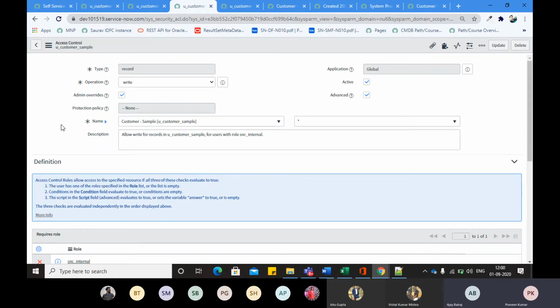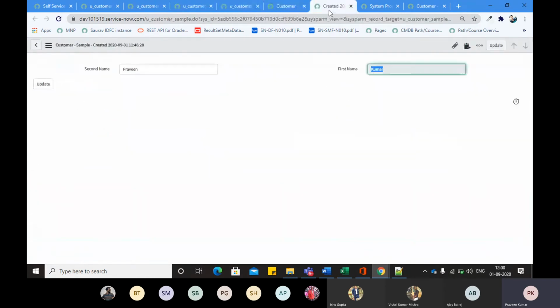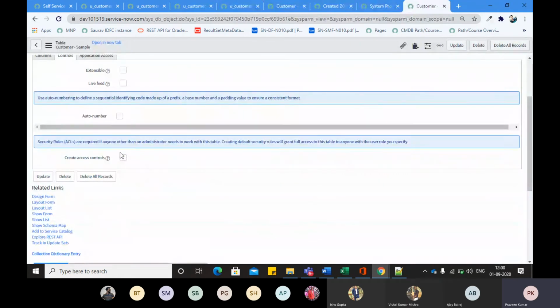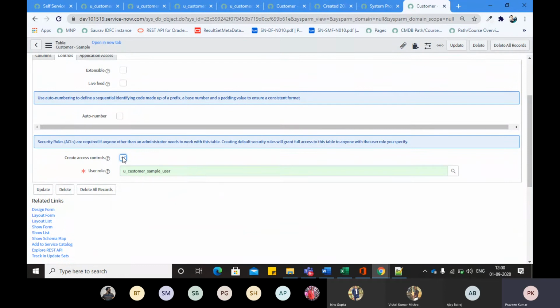So guys, for each and everything you may have to create 6 to 8 ACLs, and the starting 4 ACLs are default ACLs. You can test it on your instance as well. If you go to the table record and click create access control, it will create a new role, or you can choose a different role from here.